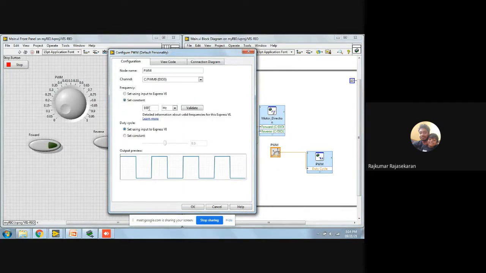There is a range of frequency from 40 hertz to 40 kilohertz since it's RT programming. In FPGA you can go up to 20 megahertz, so the range is variable over there. And duty cycle, you can either set it using an input here, or you can also set it as a constant.